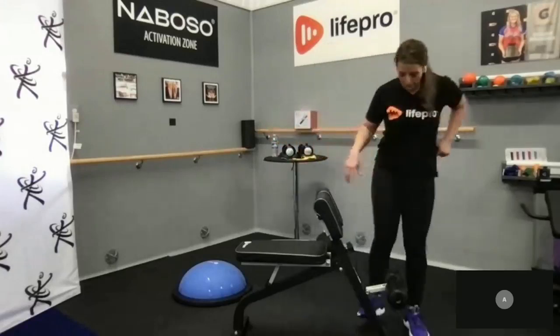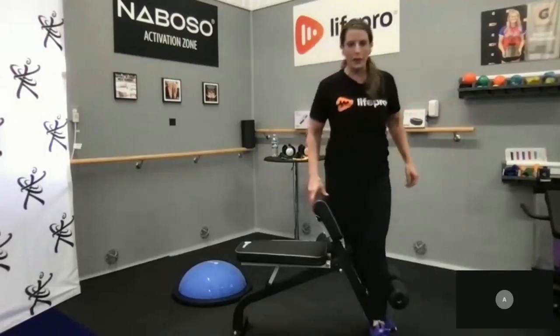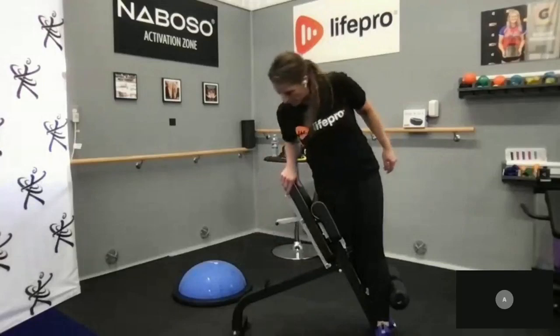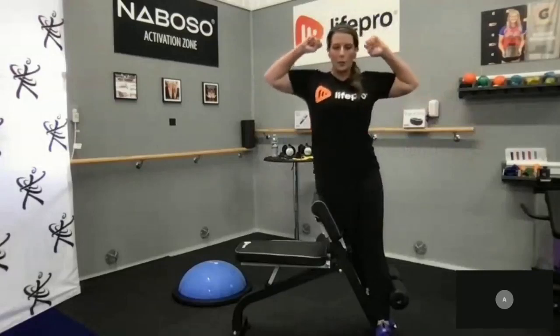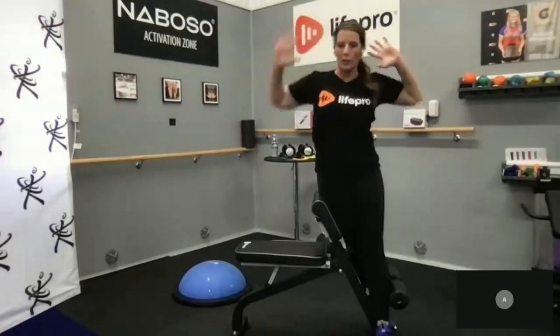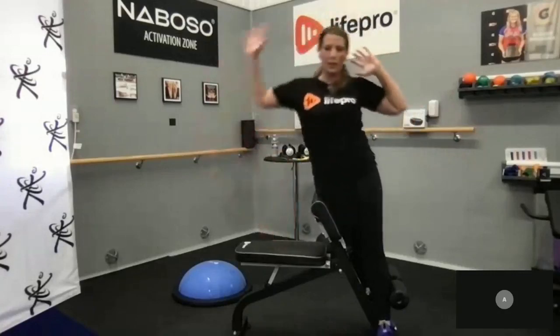Now, side angle. This is one of my favorite things to do. And you're gonna have to figure out where your comfort zone is for side angle, okay? But this folds up. In this moment, let's keep it down. Arms and elbows are up. We're just tilting down and coming back through. You can reach for the pad, and when you feel it, that's when you give a little high five, a